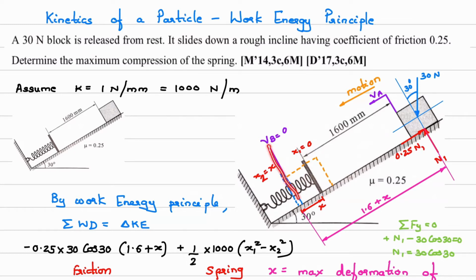When block velocity is equal to 0. If it is still moving, meaning there is still a chance for compression to occur. Okay, that is why here for maximum compression of the spring, what is the condition? When block velocity is 0. So you can understand here, within one step we are getting the answer.